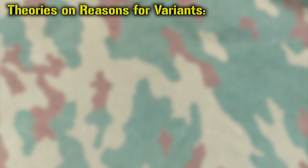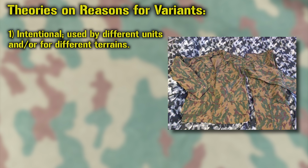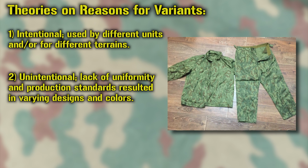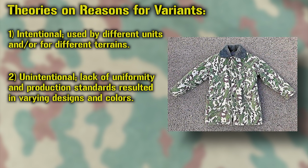The first is that each version is intentional, with them being printed for different terrains or specific units. The second is that aside from the initial 2 versions, all the other variations were just a matter of different factory methods of printing and creation. Variations caused by shifting dyes, fabrics, textiles, Soviet and post-Soviet equipment, and so on over the years resulted in numerous